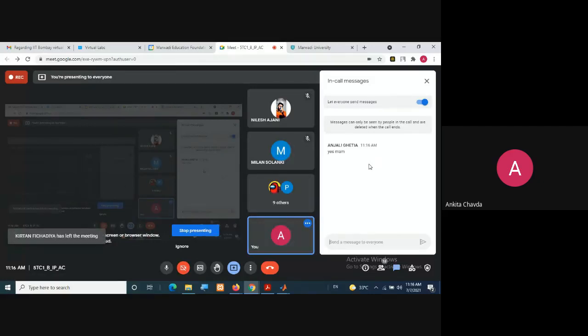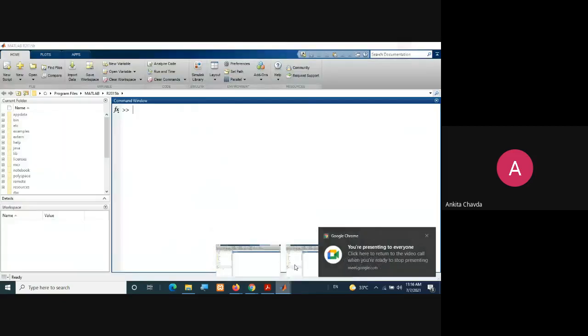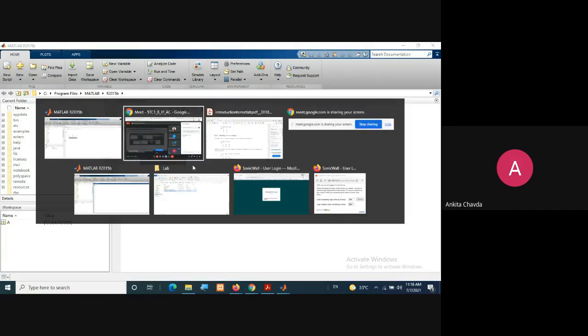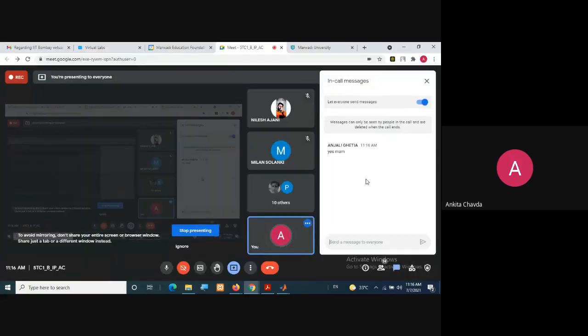Suppose I'm creating one matrix here, right? And here I wish to delete this last row. Then what do I need to write? Do you remember that? Any one of you, if you can write here in chat.